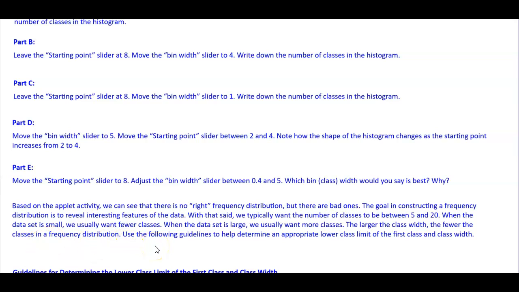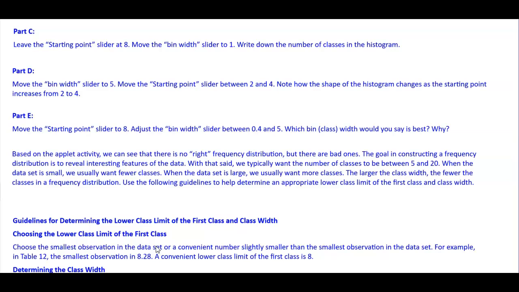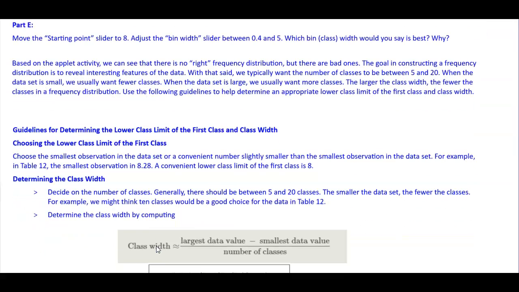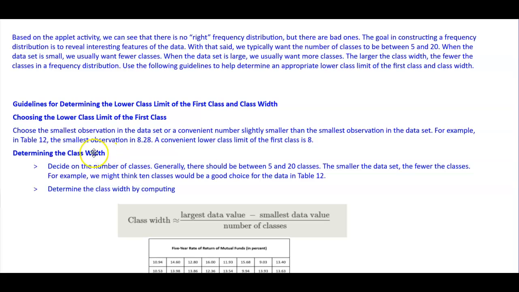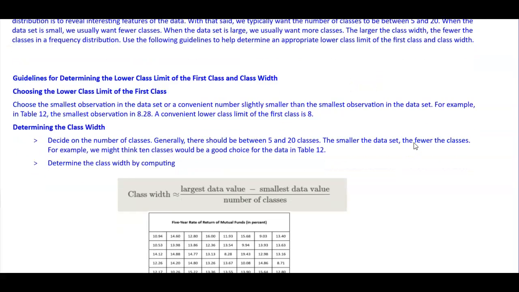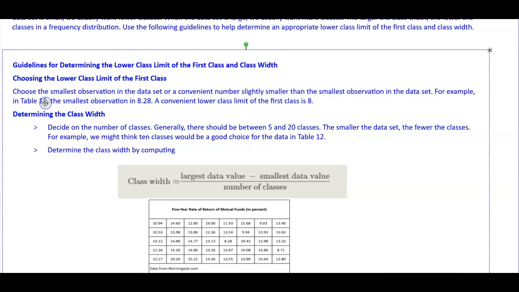We're going to use the following guidelines to help determine an appropriate lower class limit of the first class and class width. So this is how you would approach figuring out how to make your classes. Guidelines for determining the lower class limit of the first class and class width. Now, choosing the lower class limit of the first class: choose the smallest observation in the data set or a convenient number slightly smaller than the smallest observation in the data set. So for example, in the table that we have below,